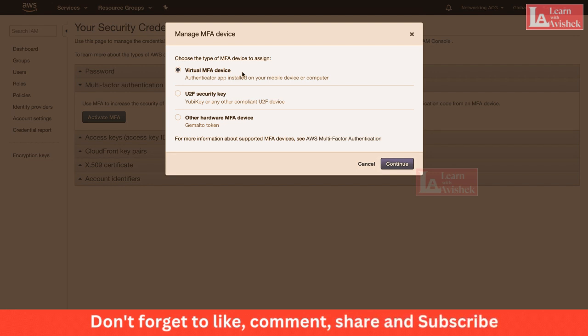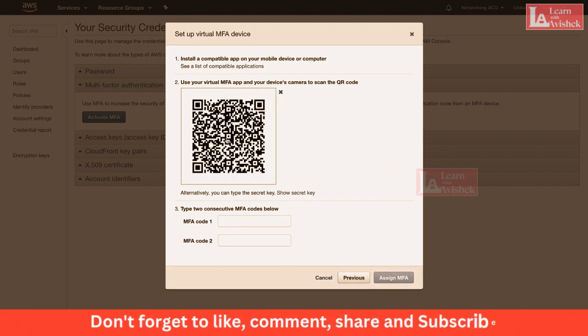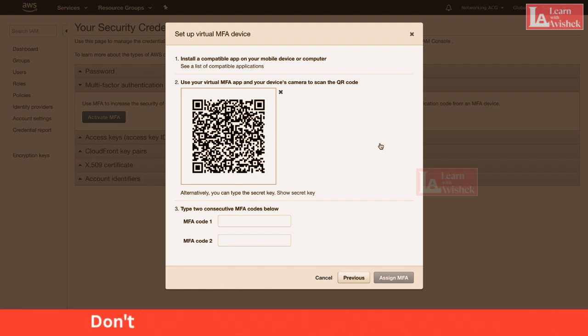So just type in Google Authenticator. Once you've downloaded that, go ahead and hit continue. And I'm going to go ahead and click here, show QR code. Now, what I would do before you open that app is I'd take a photo of this QR code and